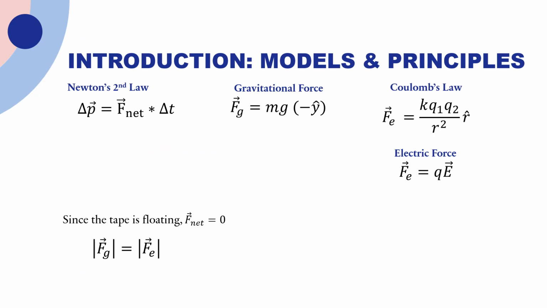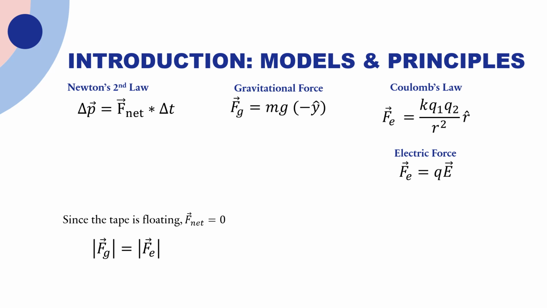Important physics concepts for this experiment are the momentum principle, which says that if there's no change in momentum, then the net force is 0. Coulomb's law says that the electric field is K times Q1 Q2 over the distance between the two particles squared, times r hat, and the gravitational force is mg in the negative y hat direction. And since the tape is floating, F net does equal 0,